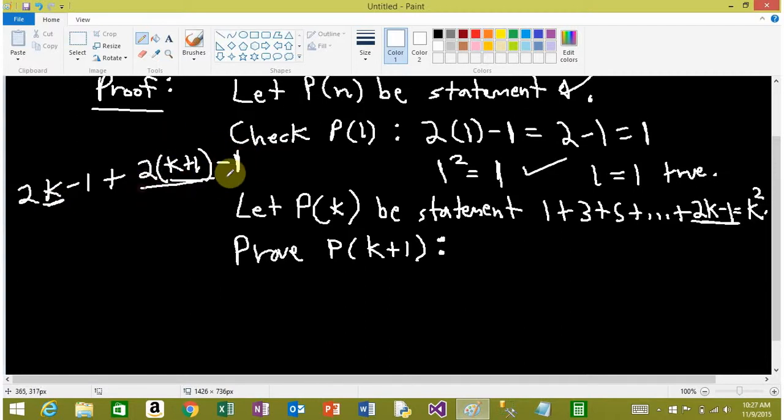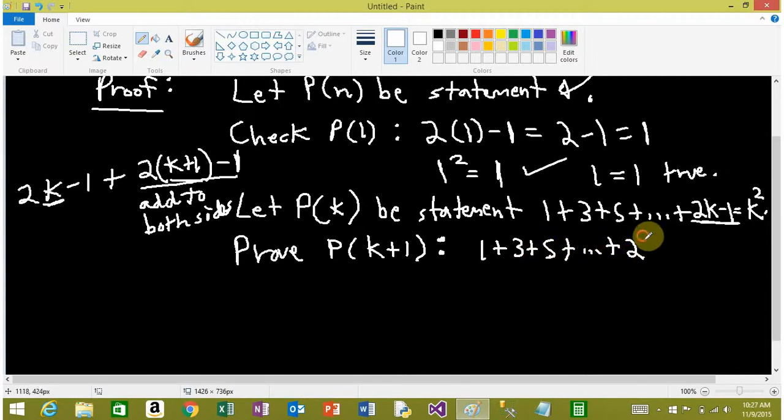So this is what we're going to be adding to both sides, to keep that equation balanced. So when we do that, we get 1 plus 3 plus 5 all the way to 2k minus 1 plus the 2 times k plus 1, minus 1,